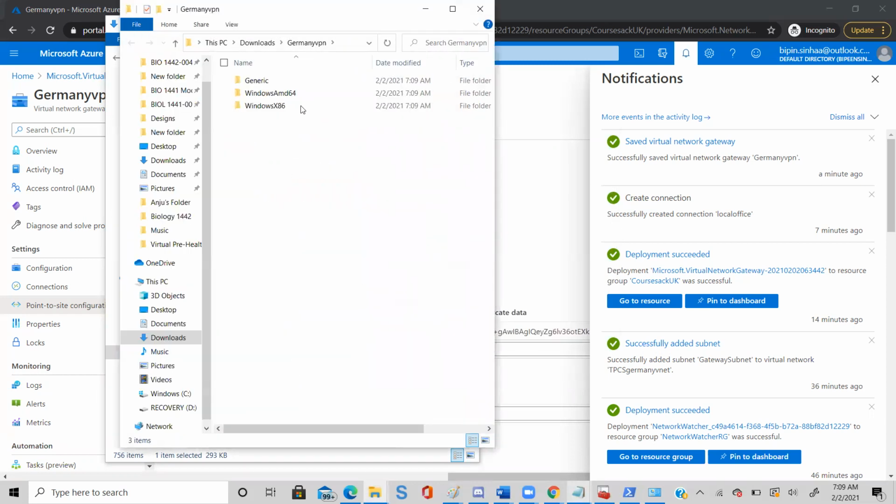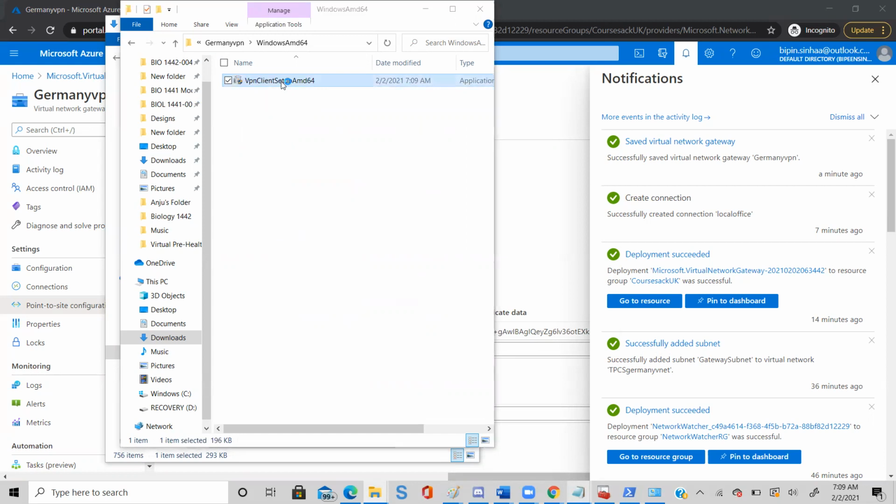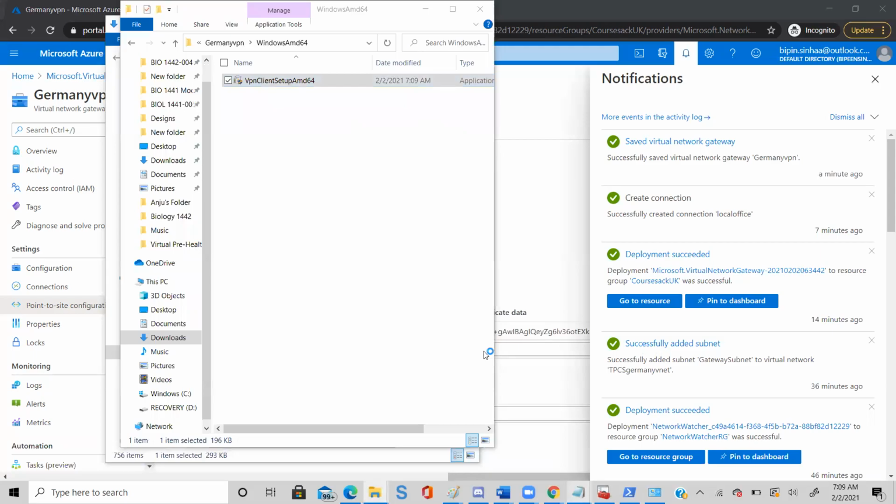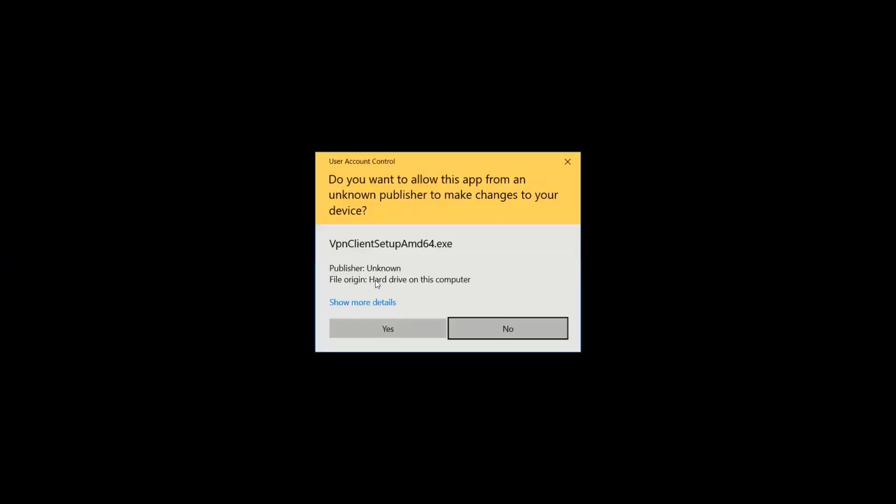All right. Now click the 64-bit version and click this client to install it in your laptop. So anyone, Preeti, who has this certificate and the VPN client, they will connect to your Azure and they can access your resource using the private IP.